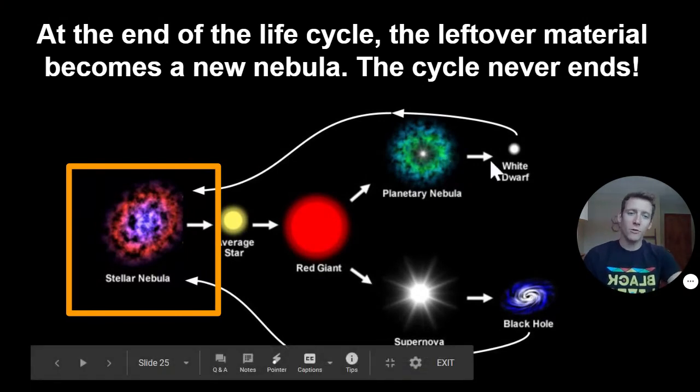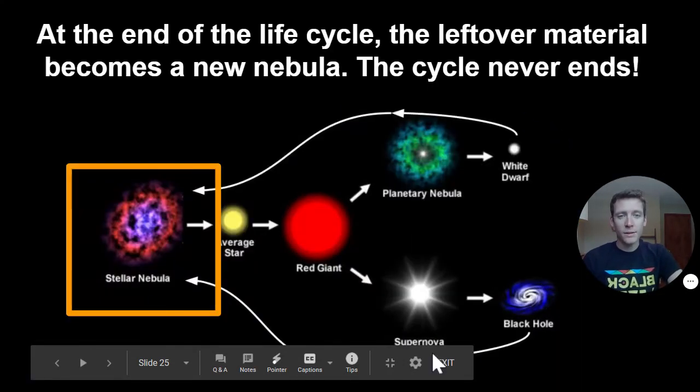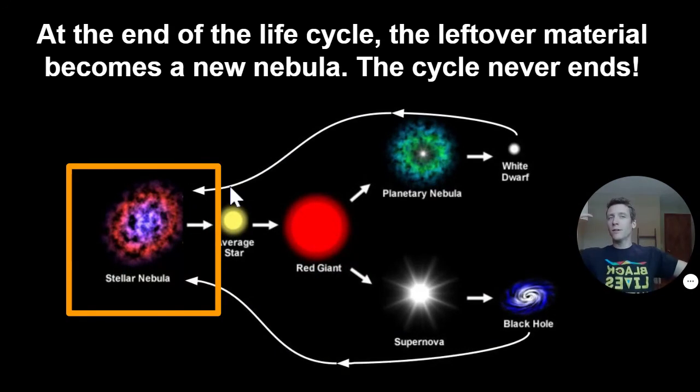At the end of that life cycle, whether our star has become a white dwarf and puffed out its outer atmosphere, or a supernova, its core has collapsed in on itself and become a black hole, that matter starts to cycle back. It becomes a cloud of gas floating around in the universe, which starts to clump up, group up because of the force of gravity between the objects, and starts to form new stars. It's a cycle. And we just completed one full round of that cycle.